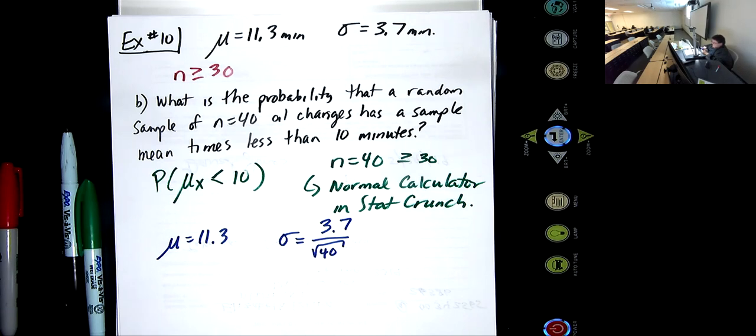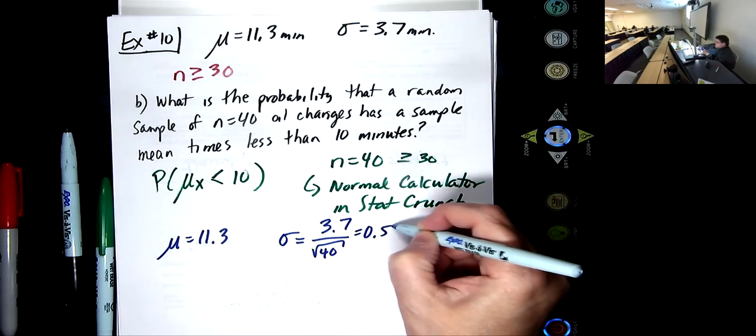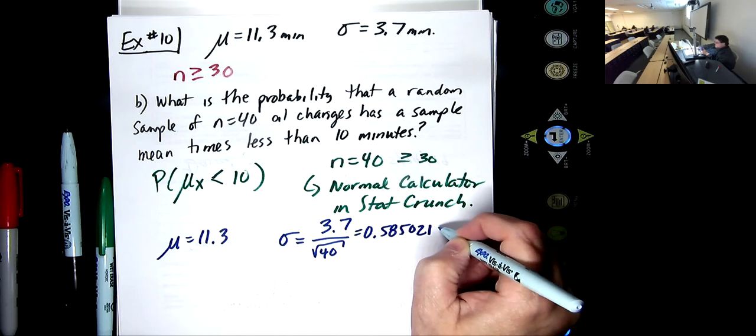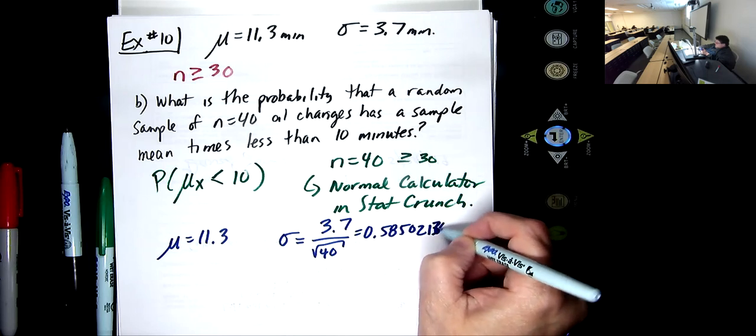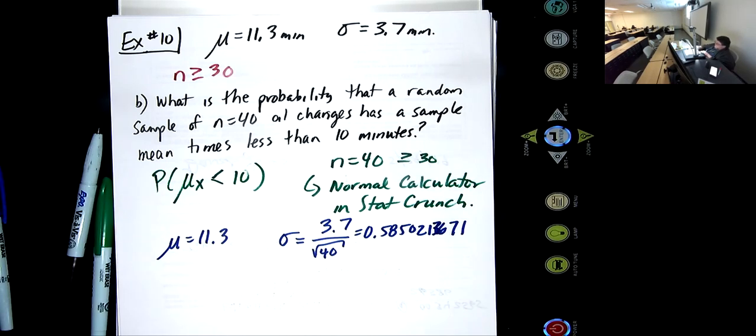Because if you start getting lazy here, there's a good chance you're gonna be off by a decimal place. And the computer's not gonna tell you that, it's just gonna tell you that you did it wrong. And that's frustrating. So take the extra second and write down all the decimal places, or at least copy and paste them over, however you're doing it. These are what I'm gonna use in my normal calculator.